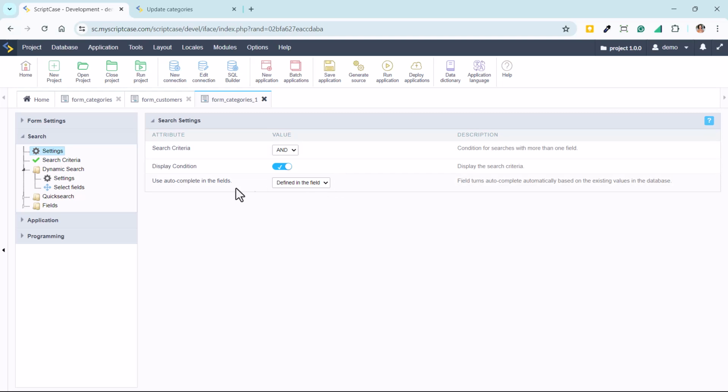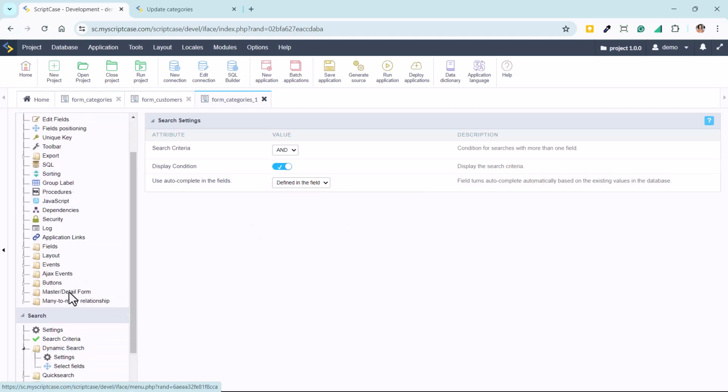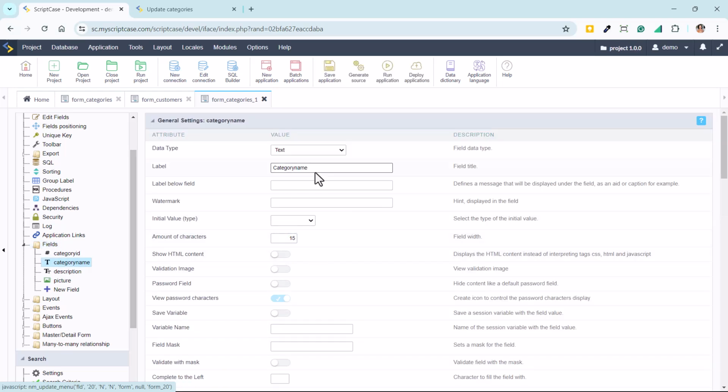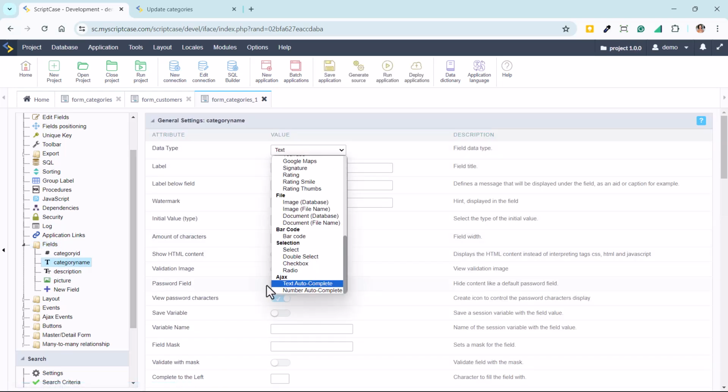Then you have also the option for autocomplete. If you are using it inside the fields of the form, it will be used also inside the dynamic search. So if I go here inside one field, for example, category name, I can use here the option autocomplete. Then I'll be able also to have it inside the dynamic search.